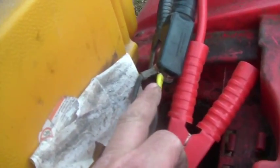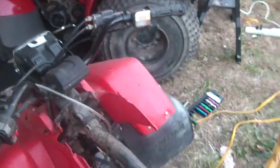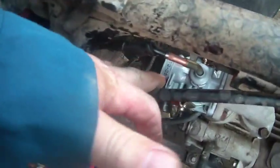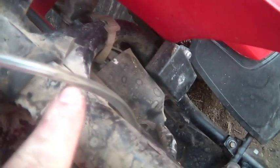The battery was dead, and I broke one of the ends off, so I had to replace it. You can see the yellow there, but there it is. I ordered a battery for this thing, and I'm pretty sure I have an air filter. I'm just going to put a simple air filter on that, get rid of the mouse trap up front there. No reason to have it. You can see I have gas in my clear line. I don't know if you can see the line right there. And so just turn it on, and